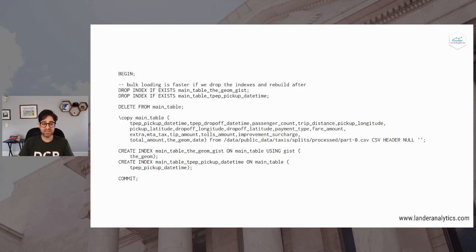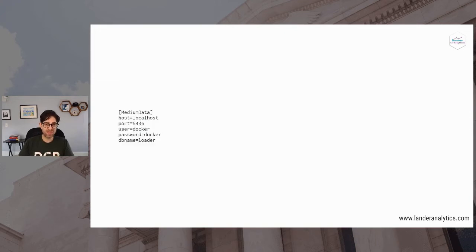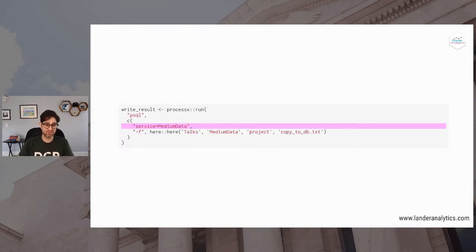When I call psql, I will not be able to pass in a password. So I need to provide that some other way. And I do that by storing all the database information, including our super secure password, in a config file called .pg_service.conf. We put all of our connection information inside of this file, and then when we call psql, it gets the password automatically. Super easy, works really well.